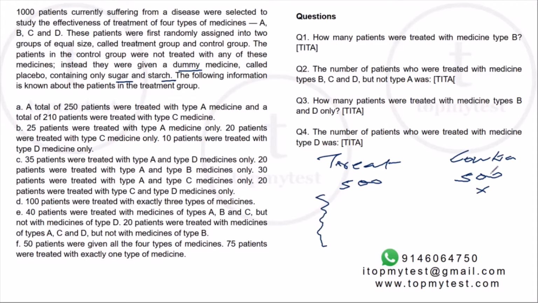So all this data is about the treatment group. So these 500 people, we already know 500 were not given anything. These 500 were given A, B, C, D in multiple combinations, but they will be given at least one of these 4 medicines. And then you have information about these people were given A, these were given B, A but not B, and so on. And so it's a 4 variable Venn diagram, right? Of 500 is the total. And then you have information about how many people were treated with medicine type B, number of patients who were treated with medicine type B, C, and D but not A, and so on. So we need to find the regions in the Venn diagram.